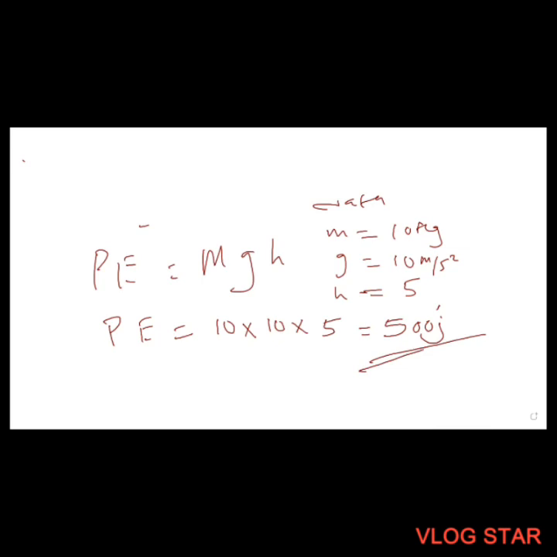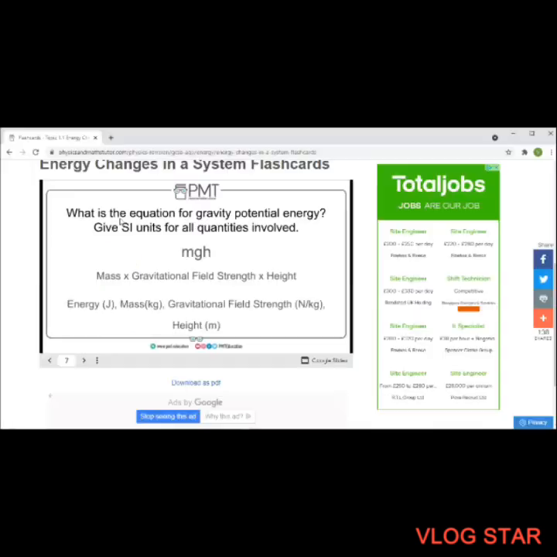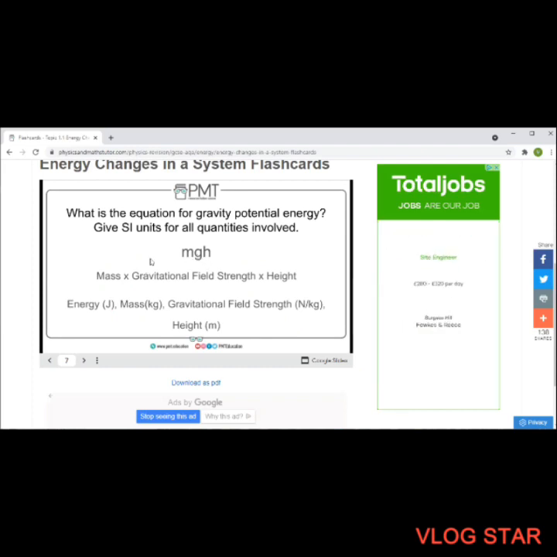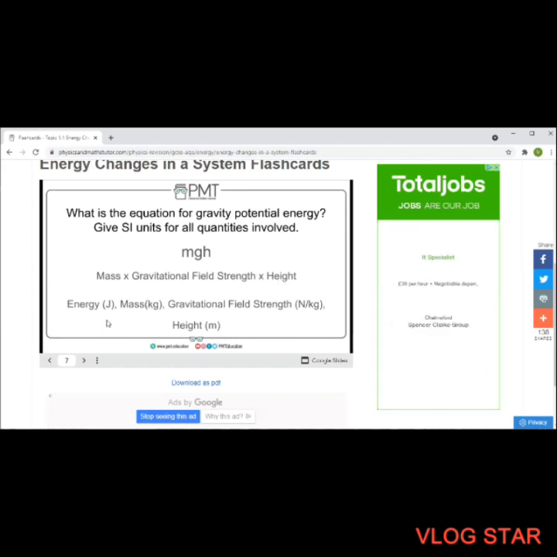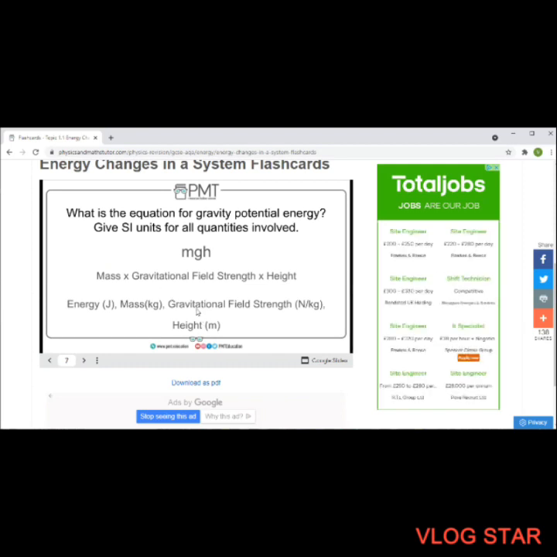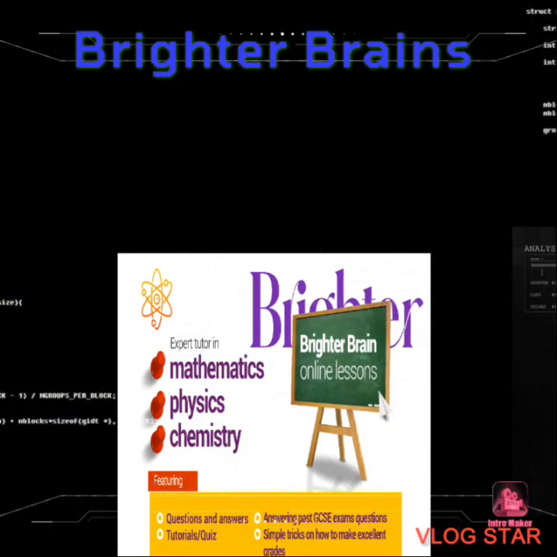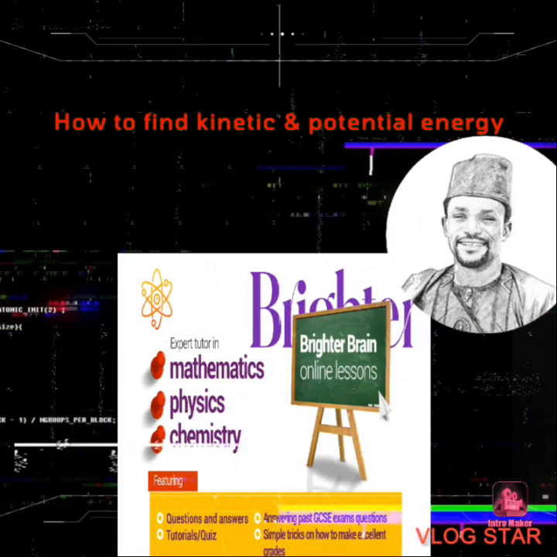So I'm going to turn us back to the question where we're going to get what we want. So this is the equation of gravitational potential energy, given by mgh, where m stands for the mass, g stands for the gravitational field strength, and h stands for the height. Energy is measured in joule, mass is measured in kilogram, and the gravitational field strength is measured in